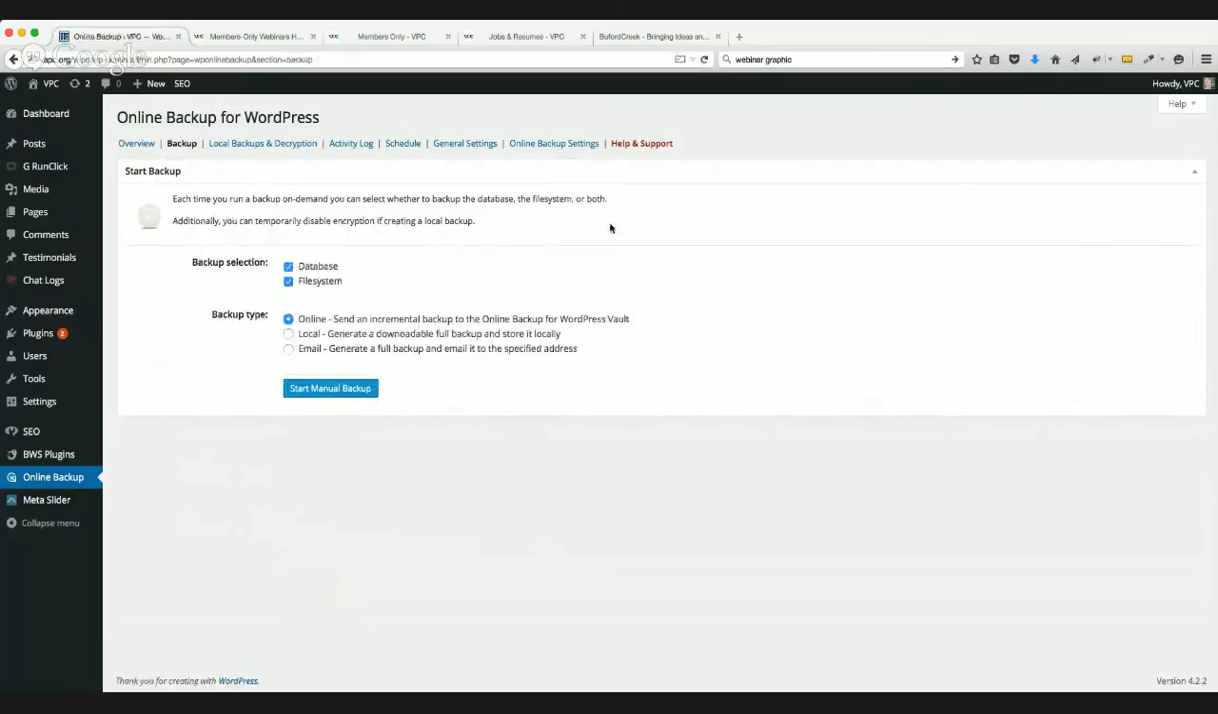Let's say you just did a whole lot of stuff, you just want to do one right now, or you're about to do a whole lot of things and you don't want to mess anything up. If you're going to change the theme, or update WordPress core files yourself, it's also recommended to do a backup before then. That's where you can do the start manual backup, and it will run for you and let you either download or